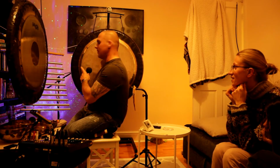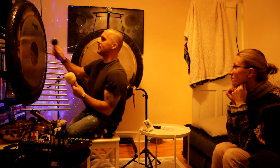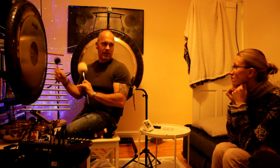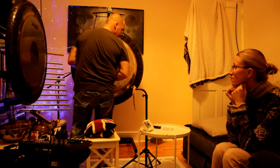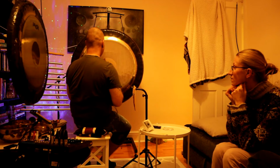And this one has a really deep tone. Actually, the frequency of this is tuned to the frequency of the earth. What comes out of this is the frequency of the Om. This gong is called the symphonic gong. It doesn't have a specific tuning. It has many different frequencies and harmonies, but that one specifically tunes to the frequency of the earth, and it has a constant, very deep